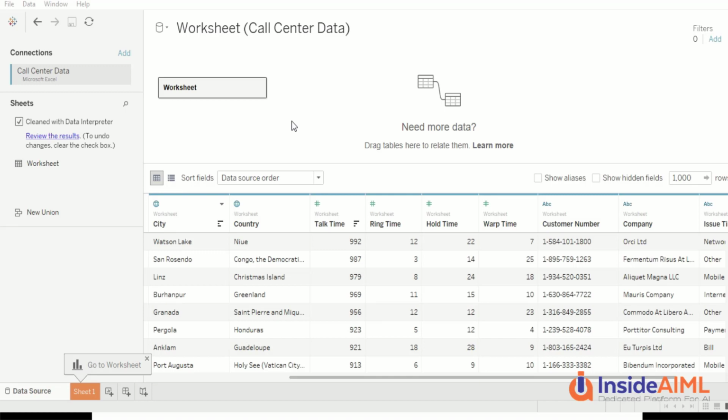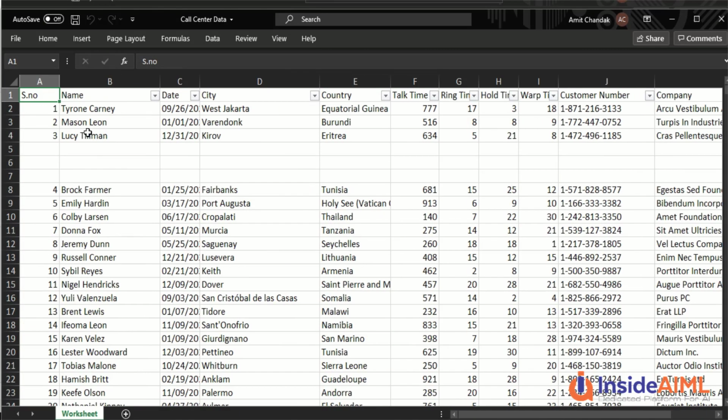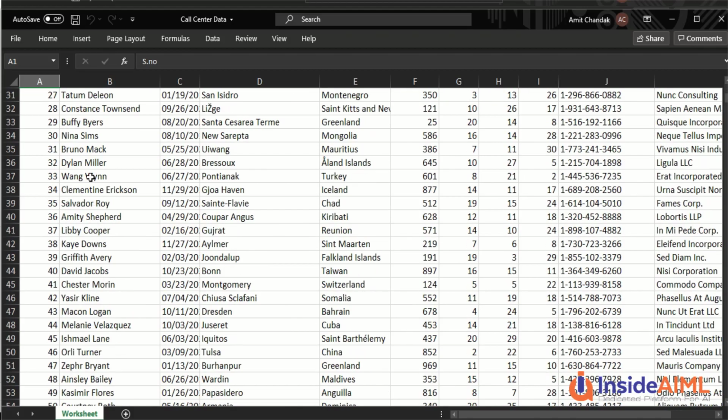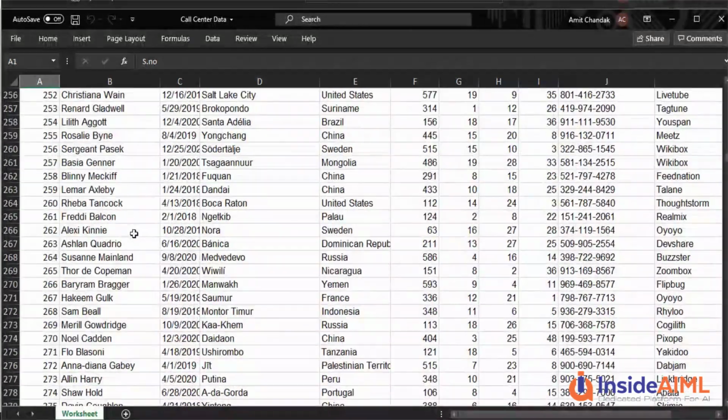So let's look at that Excel sheet which we have. What is the data and what are the few data prep operations we wanted to perform on this data. So I have opened this Contact Center data which we have loaded twice. Means we have loaded it in Tableau Prep, in Tableau, and in Tableau Public. Let's just quickly look at this data. This data we have specifically created for a few operations. If you scroll through this data, you see some empty rows, and we would like those empty rows to be deleted.